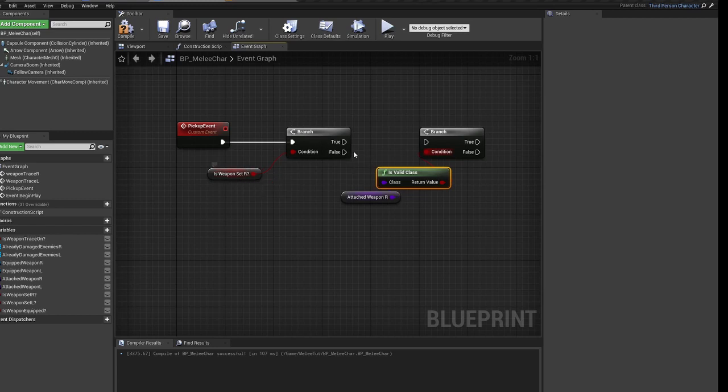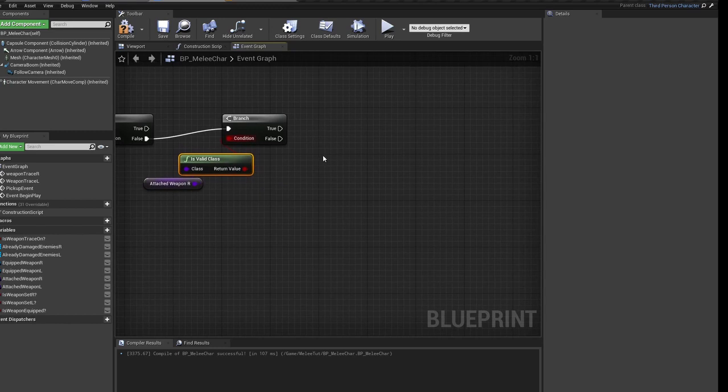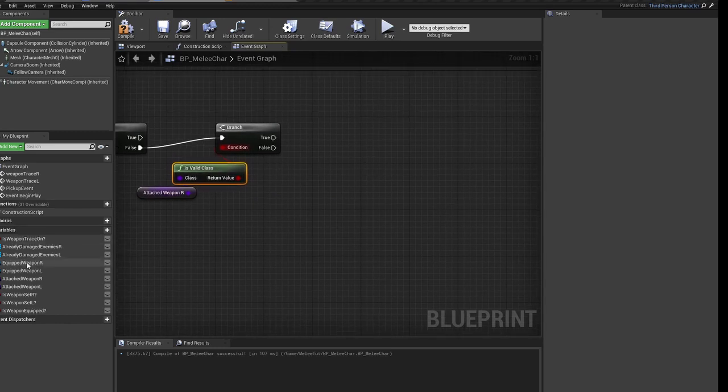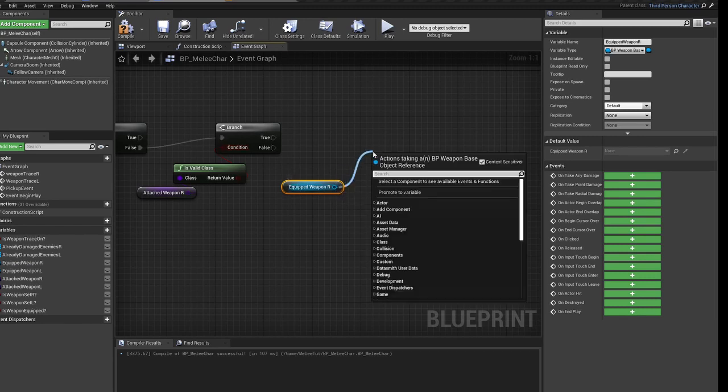If the weapon is not set, then we want to check if the weapon class is valid and then try and attach it. If it is set, then we don't want it to do anything. We don't want to add two weapons, or a weapon on top of a weapon. Now after this, we're going to get our equipped weapon, and we're going to check if that's valid,